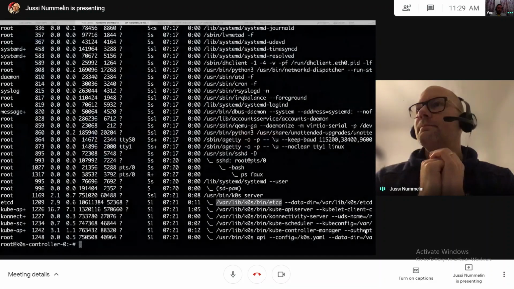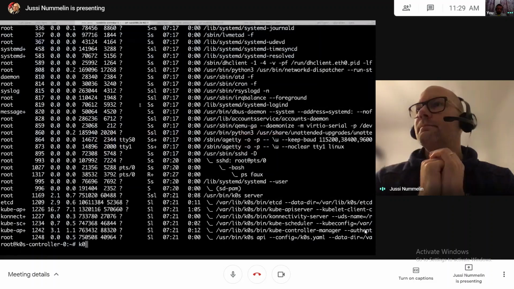The k0s install command is actually able to figure out whether you have systemd in place or not, and it also supports OpenRC, which is used, for example, in Alpine Linux. So it can actually inject this system service as an OpenRC service too. But even if you're running something exotic that has neither systemd nor OpenRC, it doesn't matter how you start the k0s process.